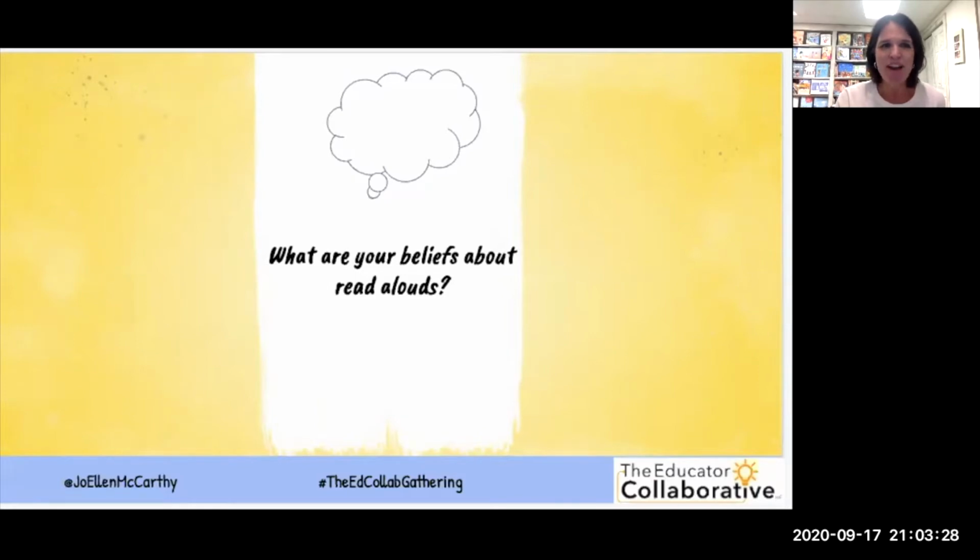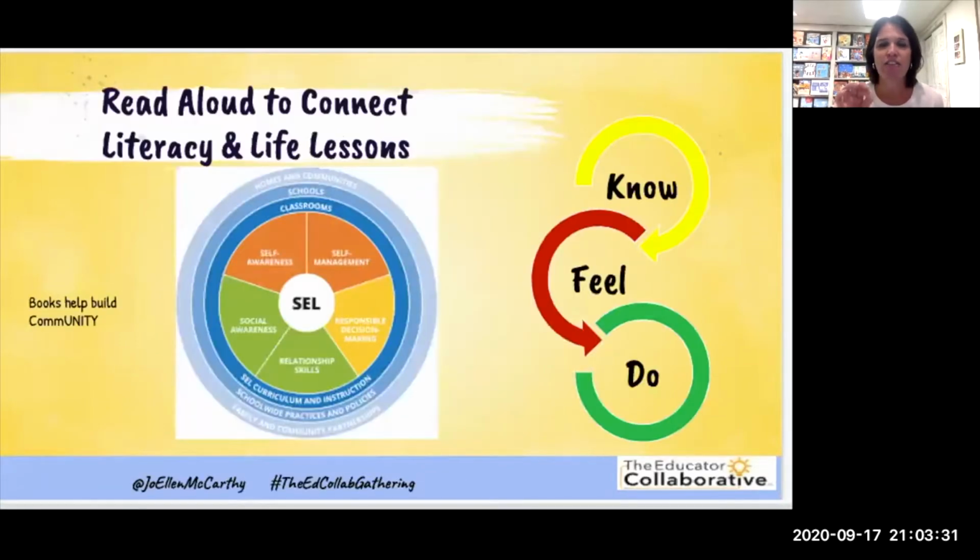So in thinking about Read Alouds, one of the things that I think is often an issue in school is that we tend to separate things, right? And today, more than ever, we need to be connected. And books can help us to be connected in a way, whether it's across a screen or huddled together over the pages of a book or in a conversation. Books can really allow us to bridge and really build community. And community isn't just about those physical spaces and places.